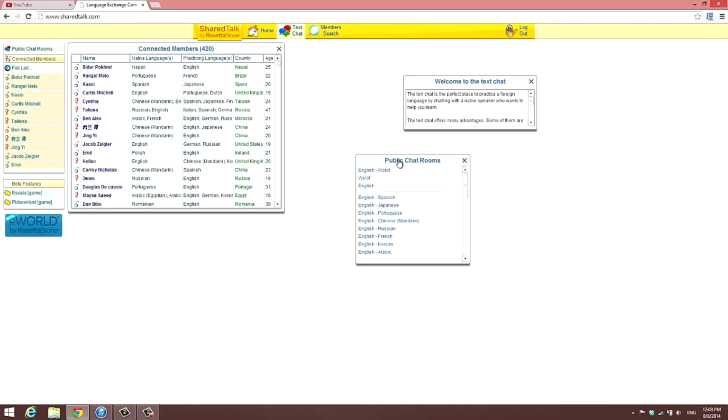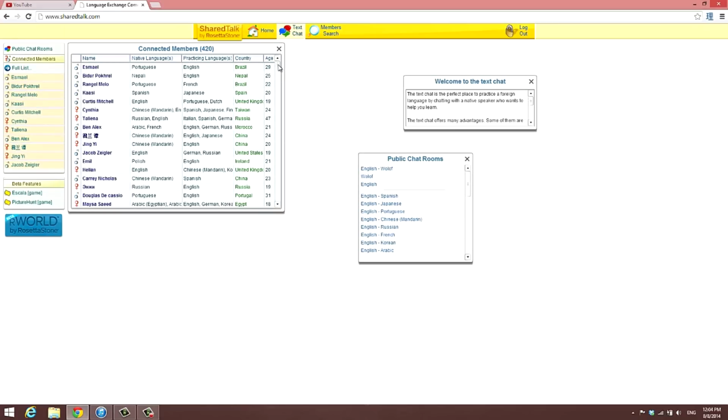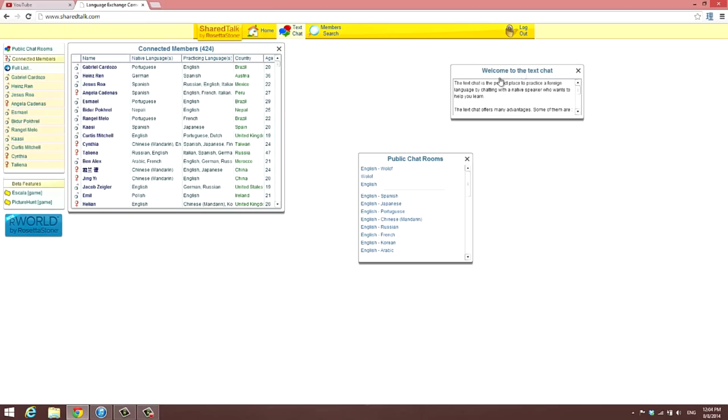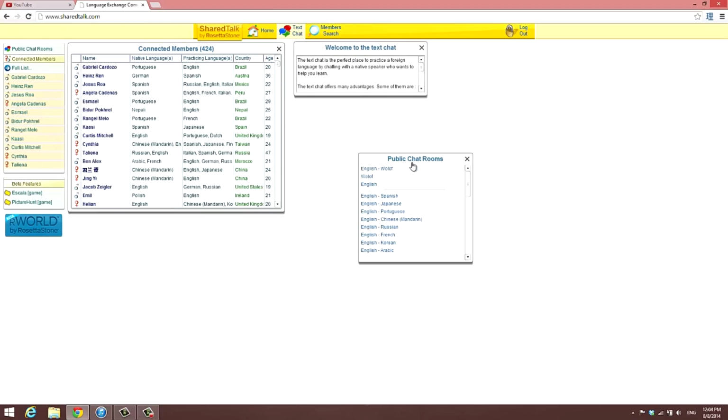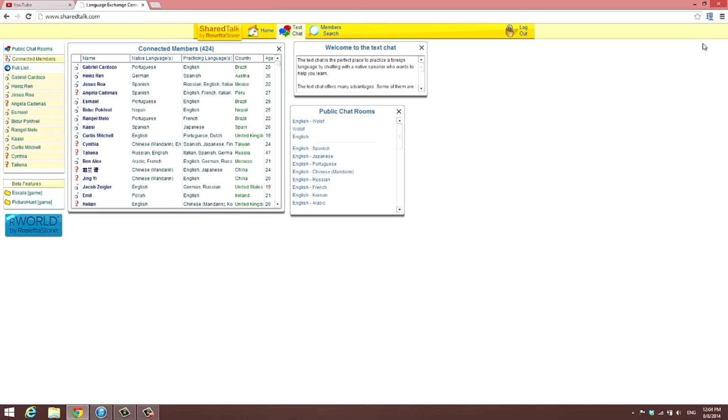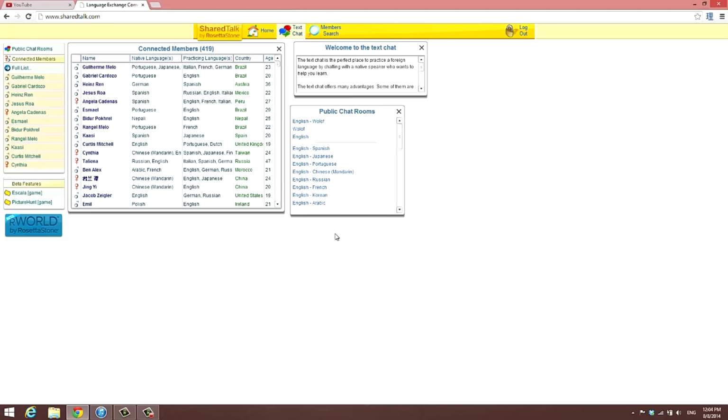So now I'm in the text chat, and they also have public chat rooms here. Awesome. So I'm just going to hang out here in this text chat and search for someone, just to give you guys an idea of how to practice. Now what's going to happen is you're going to get incoming calls. So normally what I do, I'll open up like three boxes and put them to the side and chat with them all at one time. That may be too much for some people, so you may have to decline. But here I'm going to show you.